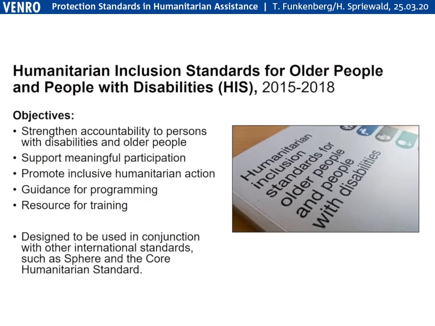So the Humanitarian Inclusion Standards for older people and people with disabilities are an accompanying Sphere standard. So they are part of the Sphere standard package. They were developed between 2015 and 2018 by the Age and Disability Consortium, which is a group of 7 agencies working to promote age and disability inclusive humanitarian assistance. And they were by now widely tested as well,